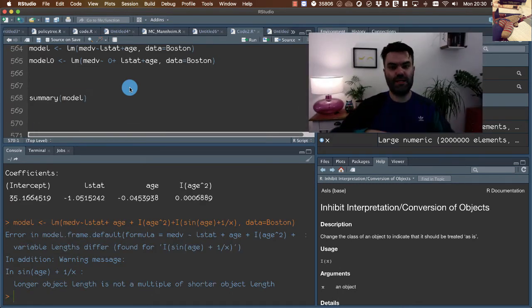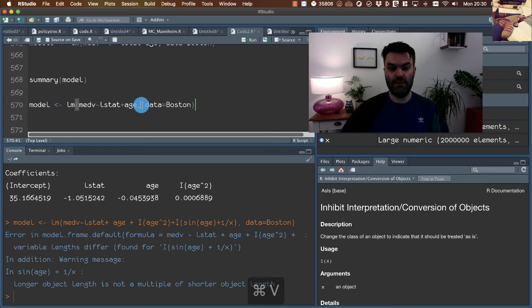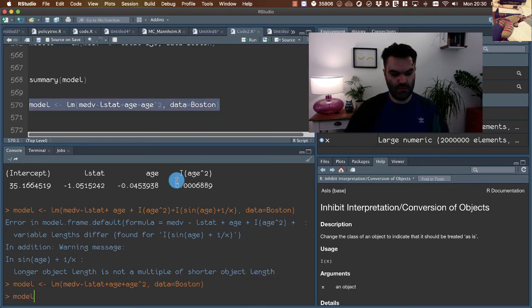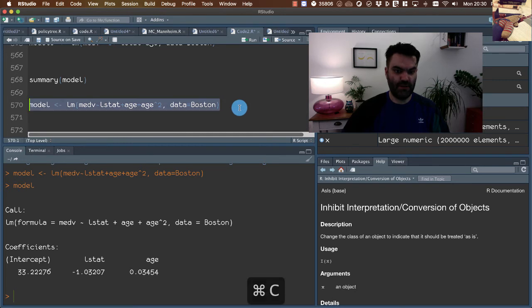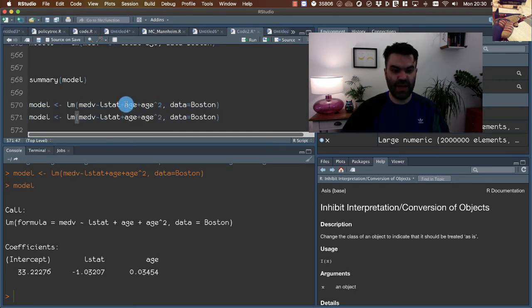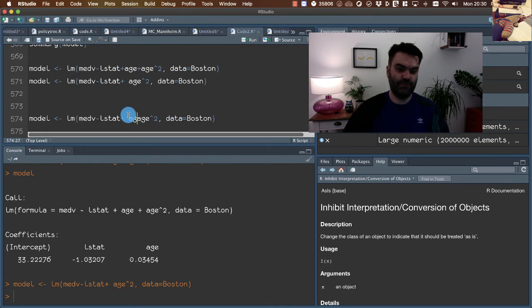Now suppose that we want to introduce some non-linear transformation of our variables, and to illustrate this, let's use this example. Let's say that we want to study the impact not only of age, but age and age squared. As you can see, R ignores all those transformations. If we type this way, also this transformation will be ignored,